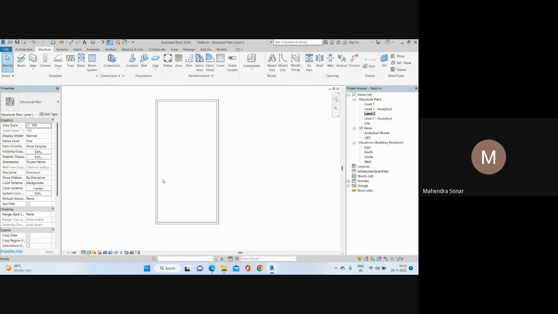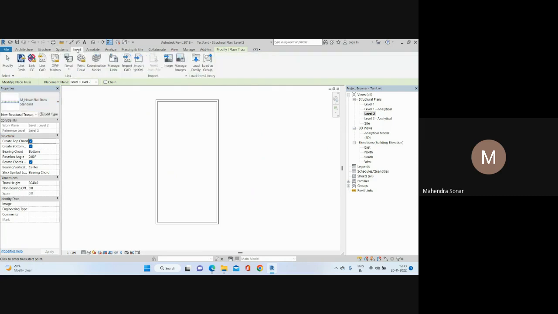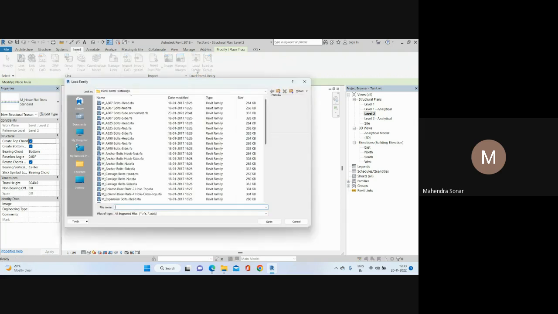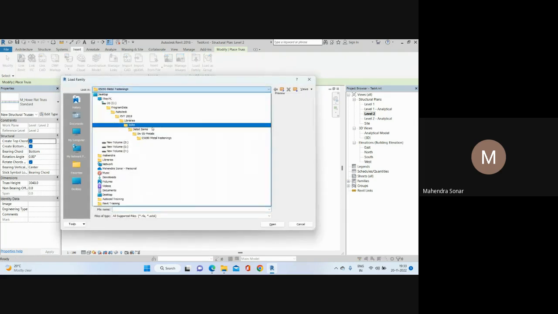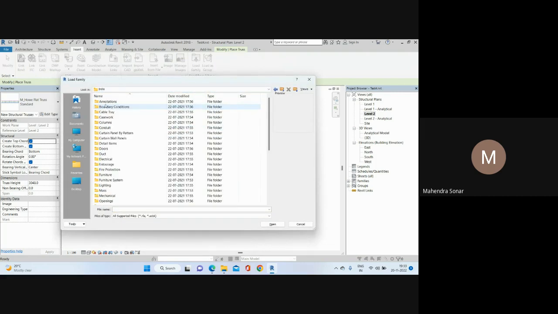Suppose I go here and click truss. If I click here, there is only one truss family, the flat truss. Suppose I want to load another truss family. Go to Insert, click Load Family, and if you reach Libraries, then India, then we have